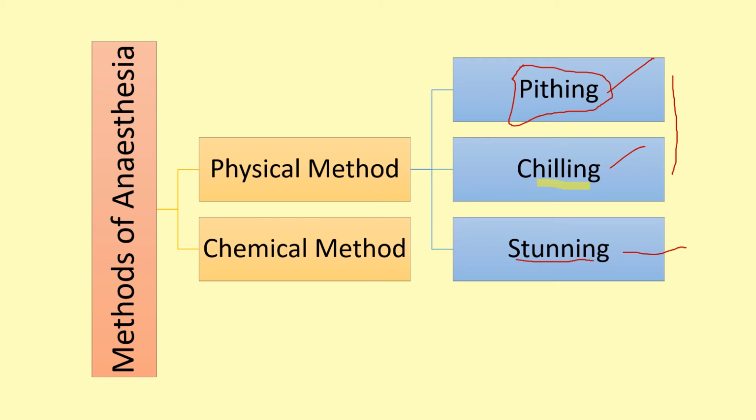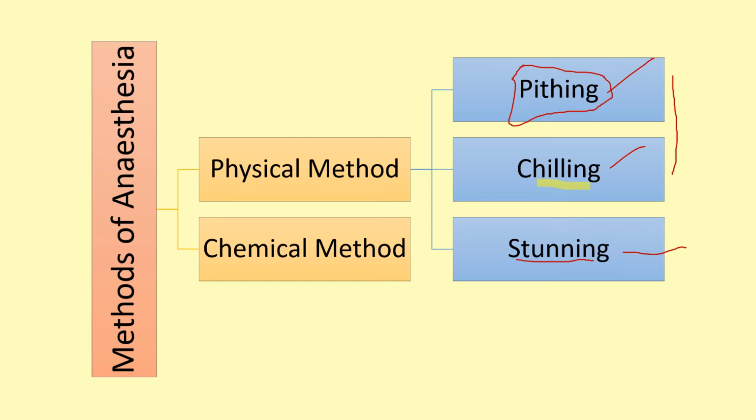Why is it to be stored in a refrigerator? A frog is an amphibian animal which lives in water also, and the skin of the frog is slippery in nature. When you are holding the frog, it may slip from your hand. To prevent that, when you store it in a refrigerator for some time, the sensation of the frog is inhibited and it becomes easier for you to hold the frog properly. The remaining you have to carry out in the same way as pithing.